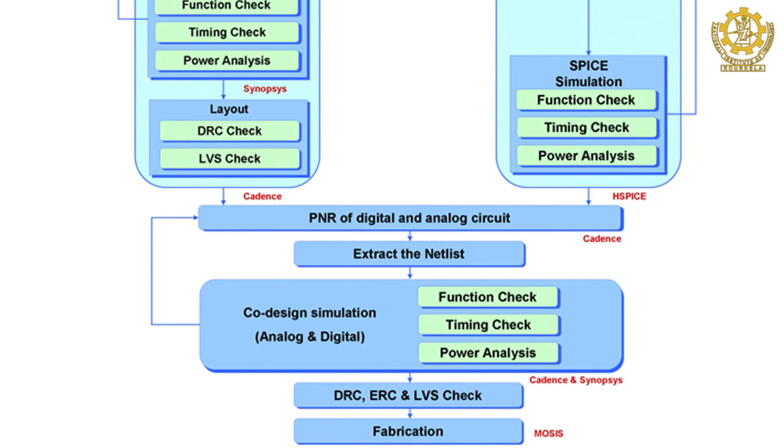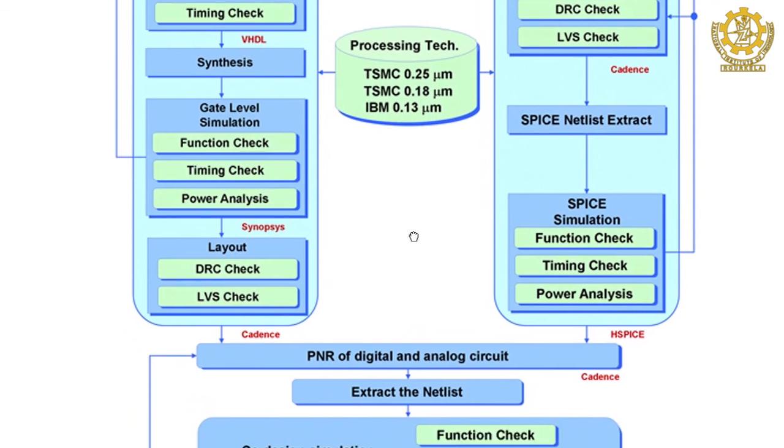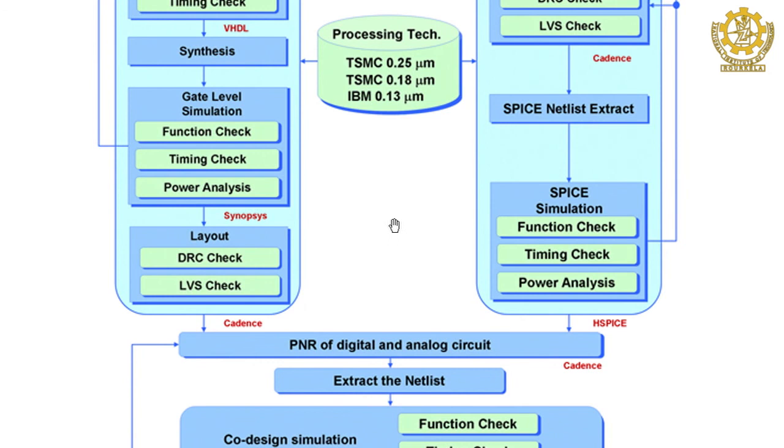Okay. That layout again has to be passed through 2 checks: one is called the design rule checker, another is called the layout versus schematic checker. Now, whatever design rules are given by the vendor, like the minimum width of a layer, and the overlapping of a layer, because one layer crosses another layer. How much it should cross above or below has a limitation, that is called overlapping. Those have to be verified, because when you are sending an IC for fabrication, the company always wants it to be DRC free,